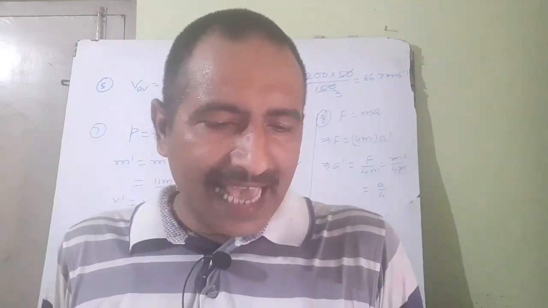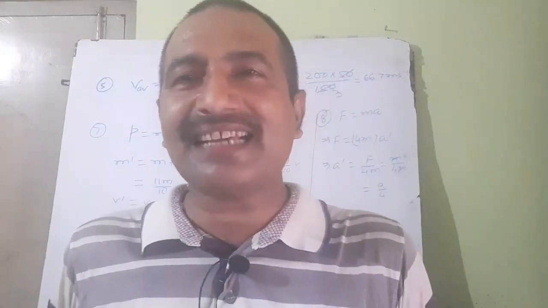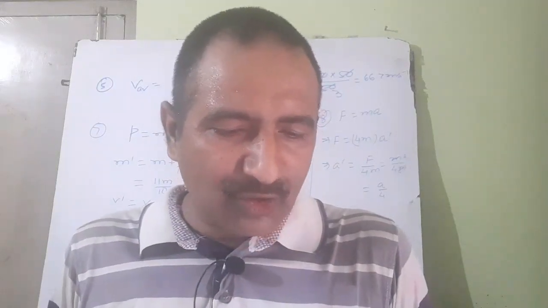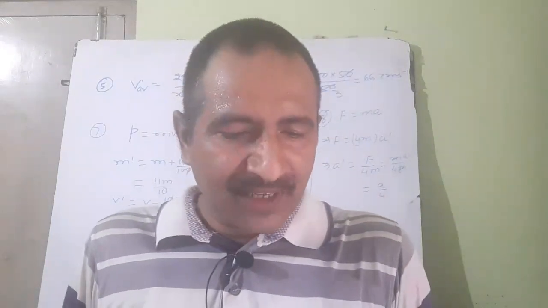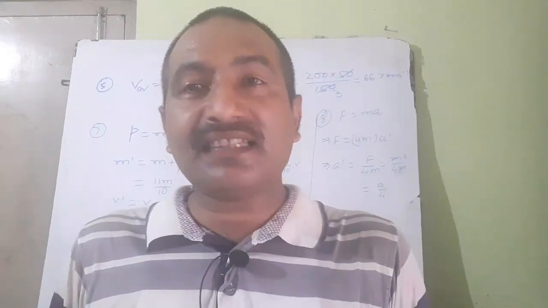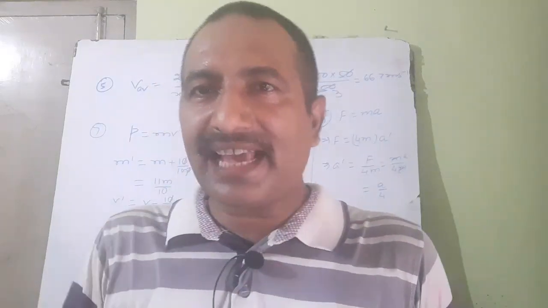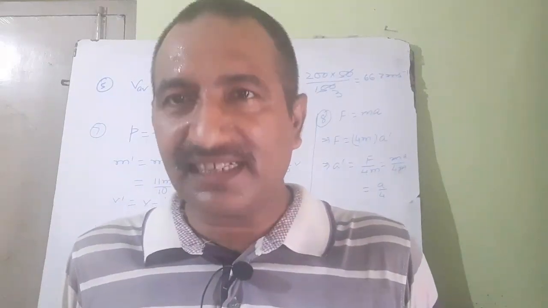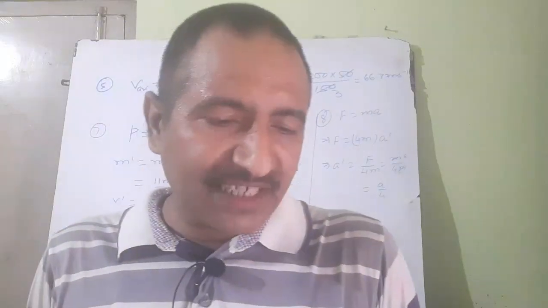In C, have same magnitude and directions. They have the same magnitude but the directions are different. So C is also wrong. D, act on either body at normal to each other. This is also wrong because they act on two bodies, but they are not normal to each other, they are opposite to each other. Means the angle between action and reaction is 180 degrees, not 90 degrees. So what will be the answer? Answer will be B.